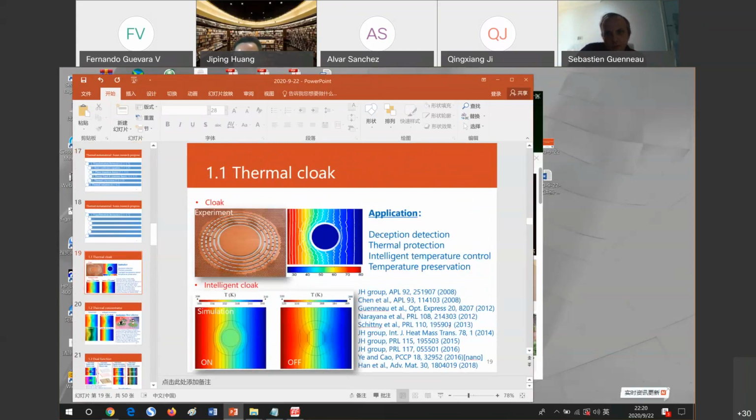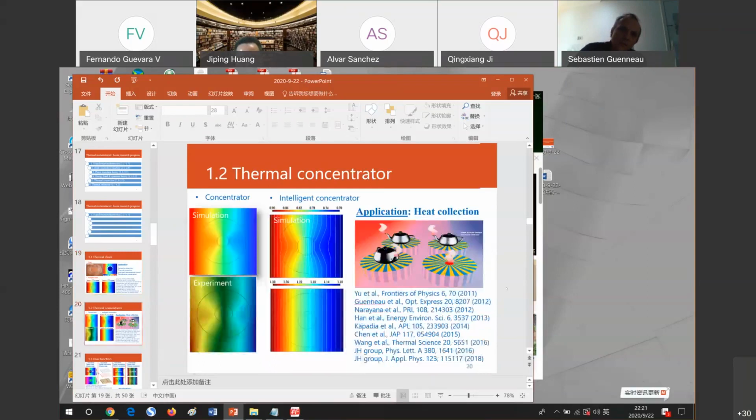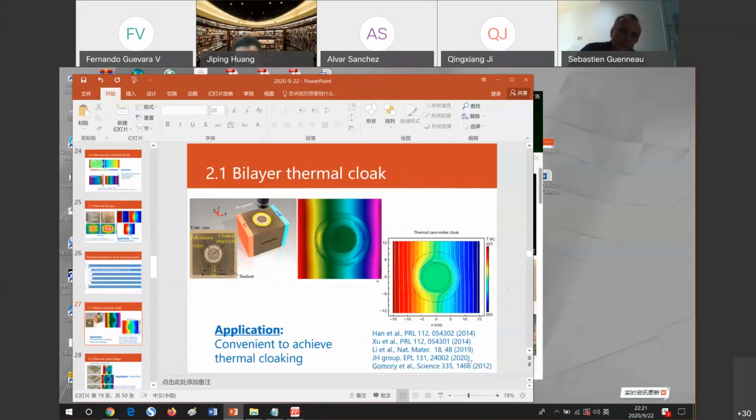This one, actually for thermal cloak, till now, different shapes can be used for thermal cloak. It does not depend on the shape. Any arbitrary shapes can be used for thermal cloak. But I'm not sure what's your detailed question. Yeah, but some people are using the bilayer thermal cloaks. I mean, using the bilayer method, is it possible to design thermal cloaks in other shapes except for the circular and the elliptical one? I think this question is important.